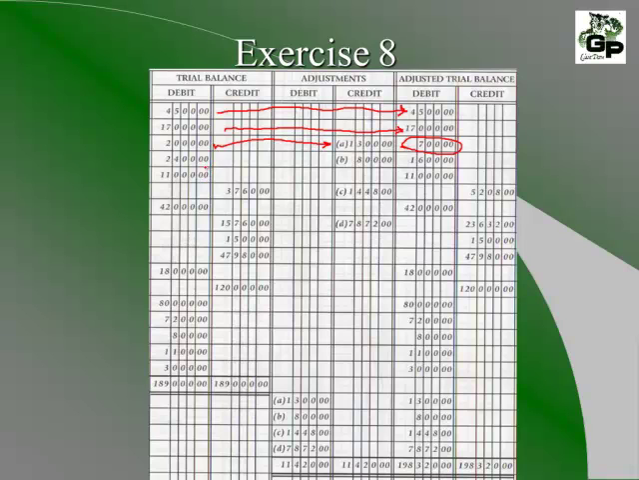Prepaid insurance, $2,400 for 3 years. We've only consumed 1 year, so this goes down by $800. 2,400 minus 800 leaves us $1,600 for the next 2 years. Other accounts, we don't need to go through all of these, but the other accounts remain the same because there